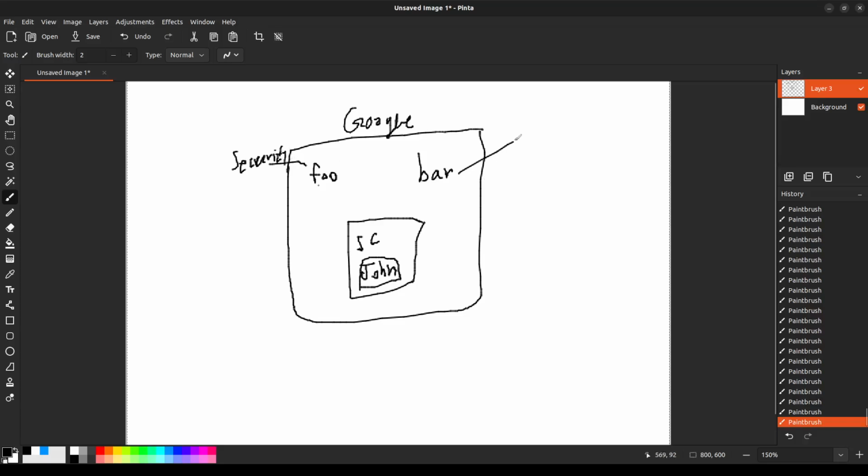He's good with security, and Bar is good with databases. So they're really good. They are Google developers, so yeah, they are 10x programmers, and you cannot control them. You cannot manage them, because they're really out of your management capacity.